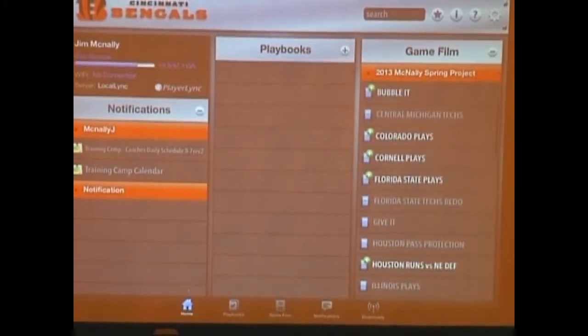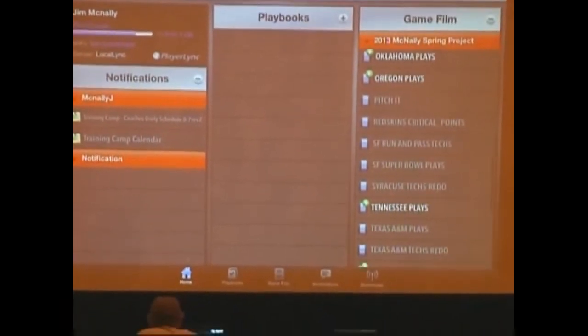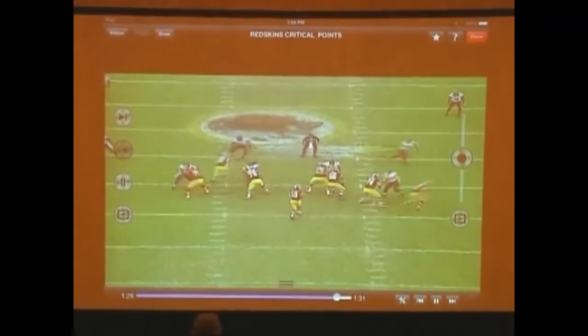Okay. This is all I do is football. Here, I got all this stuff here. I got to just make sure where I find this stuff here. All right, Redskins critical points. All right, now,